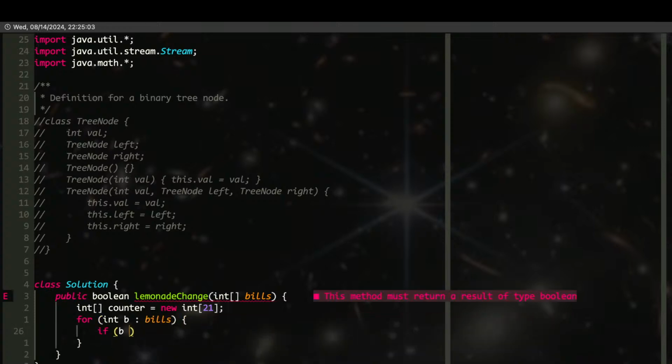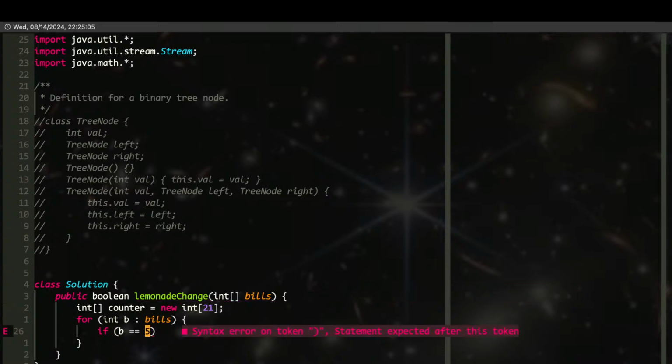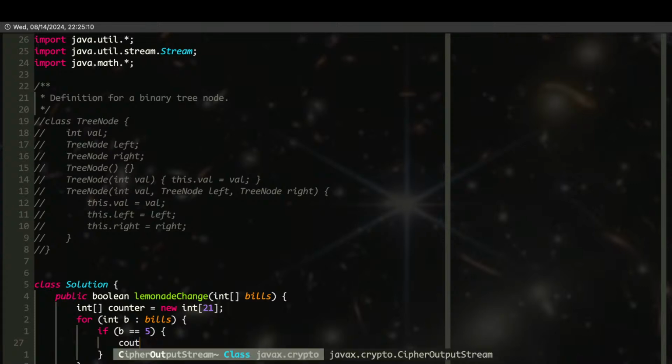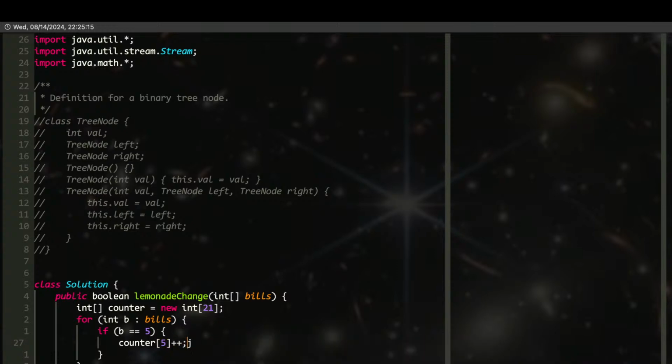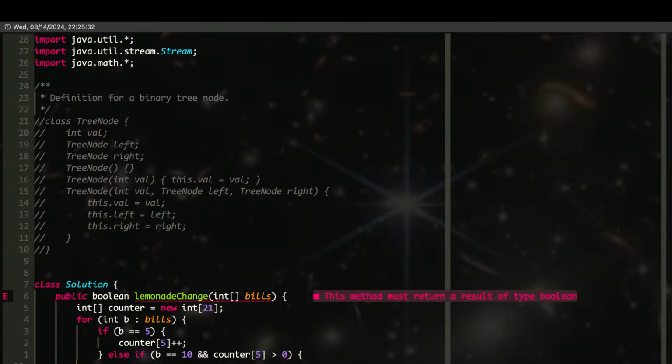If b is equal to 5, then we do counter5++. Else if b is equal to 10 and counter5 is larger than 0, right? Then we say counter10++